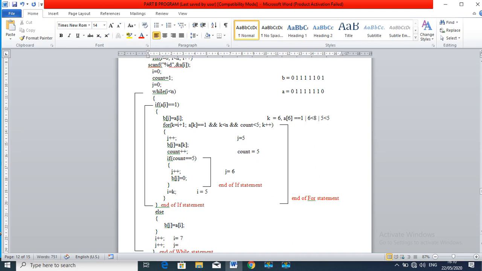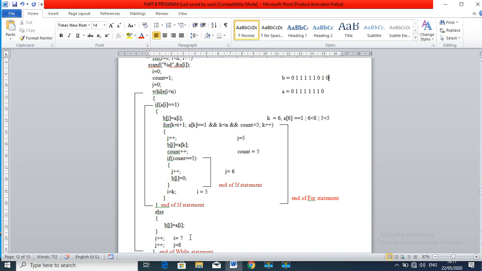Again the while, 7 is less than 8, yes. If a of 7 is equal to 1, no, this condition fails, so in the else part, b of 8 is equal to a of 7, which is equal to 0.